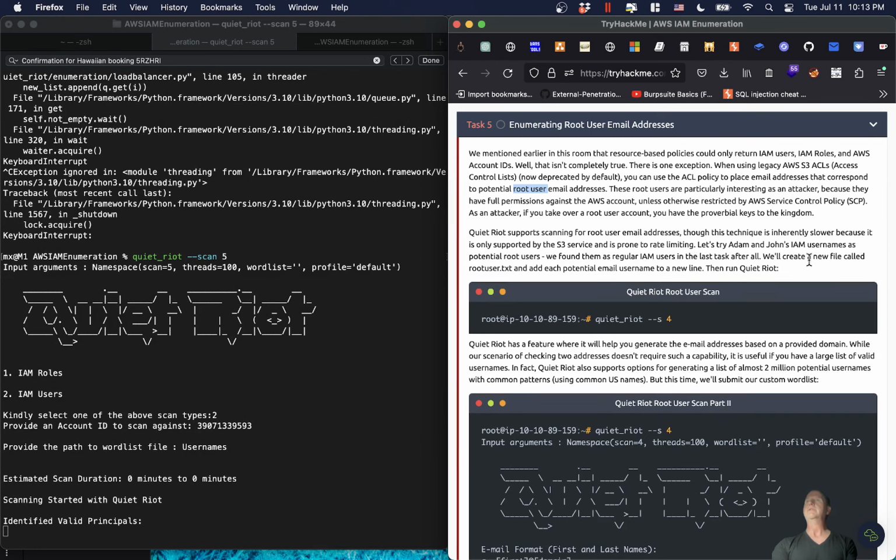Let's try Adam and John's IAM usernames as potential root users. We found them as regular IAM users in the last task after all. Okay, and I guess we're hitting the I believe button because my scan, I don't know what's going on. We'll create a new file called rootuser.txt and add each potential email username to a new line. Then run Quiet Riot